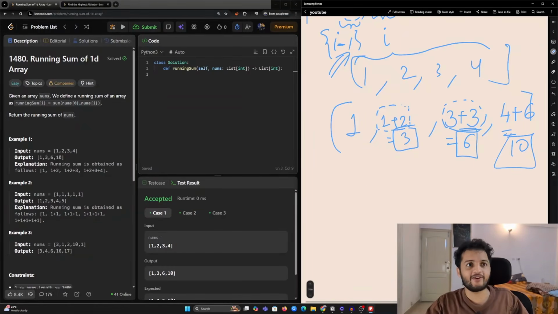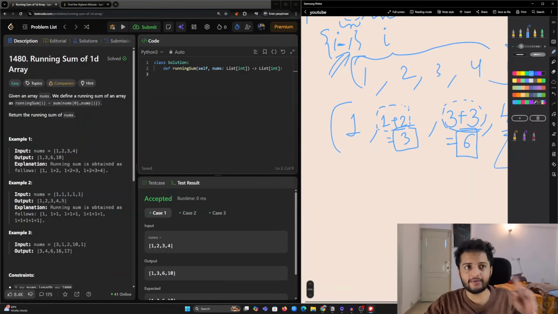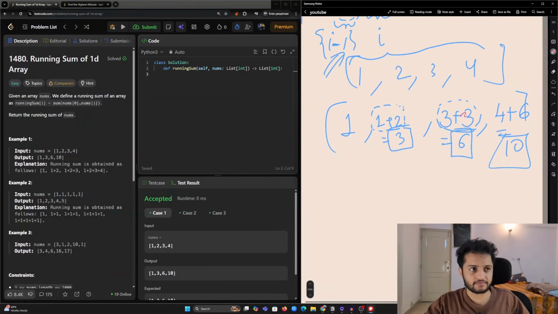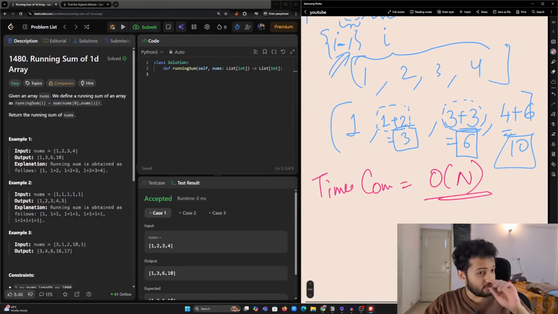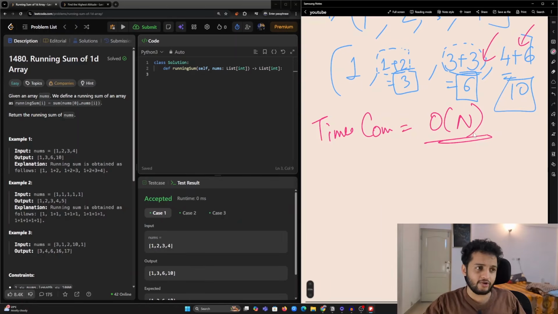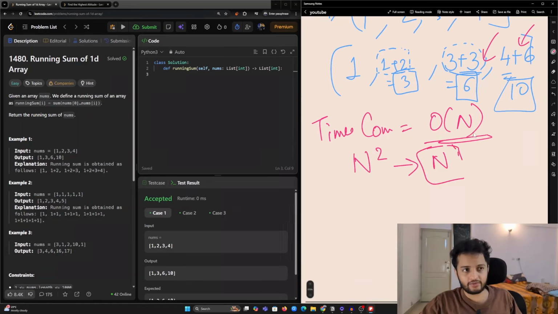And that is the entire logic of how we can optimally build a prefix sum. And if you see the time complexity, we have reduced it to order of n, because you go to the ith index only once. You are not iterating again from the first index, right? So this is how you can reduce from n squared to n, which is very, very valuable.